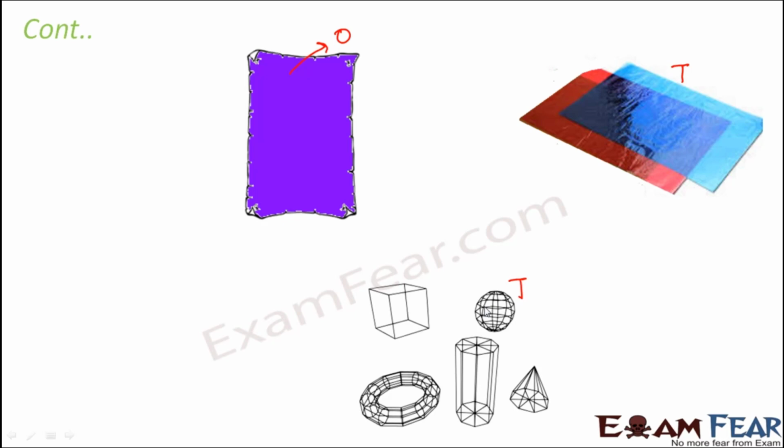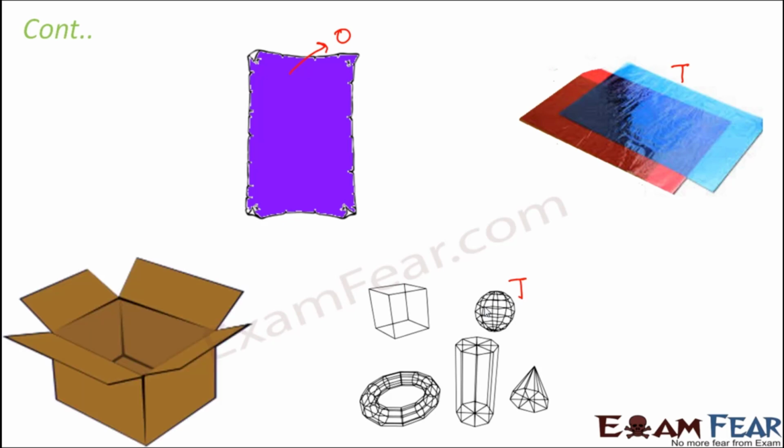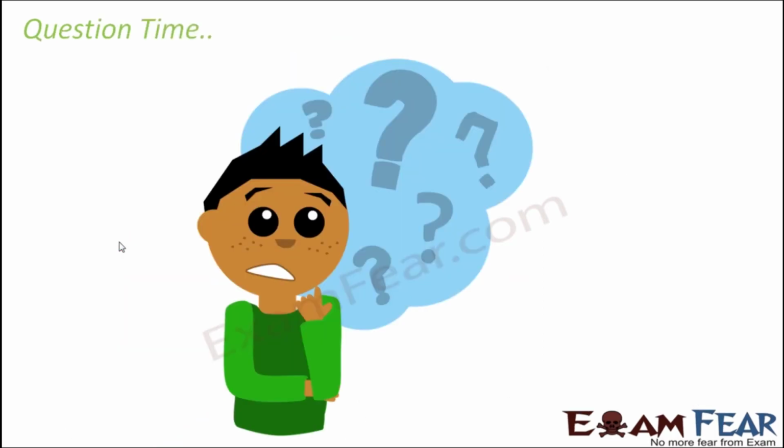So these were a couple of examples which helped you to classify objects as transparent, translucent or opaque. Think of this cardboard box. This is definitely opaque. So with this, we have reached towards the end of this lesson. So we saw that there are various properties that a material can have. A material can be transparent, a material can float in water, a material can be soluble in water, the material can also be insoluble in oil, a material can be hard, a material can produce sound. So there are various properties that a material has.